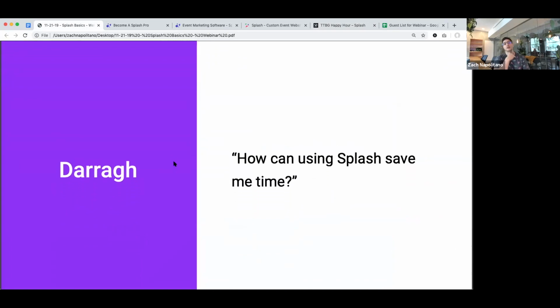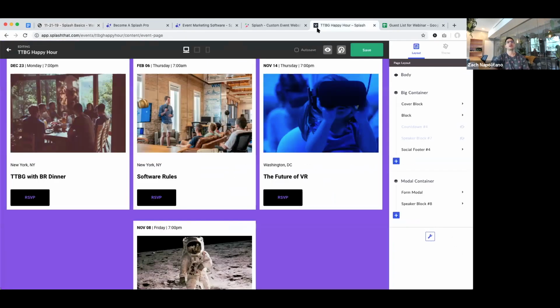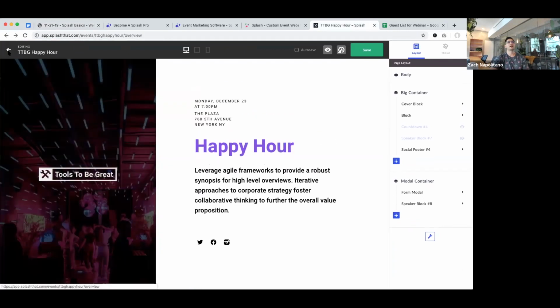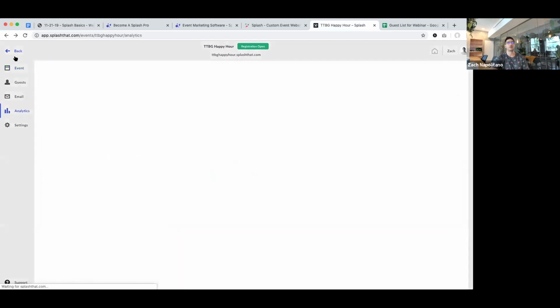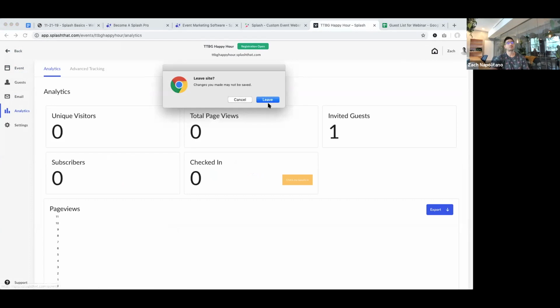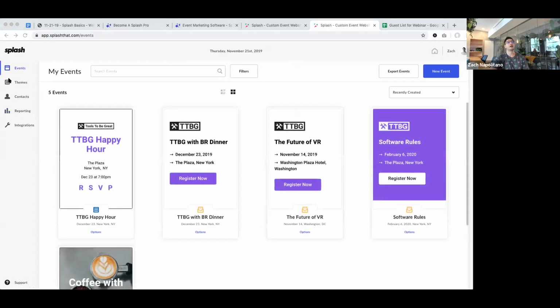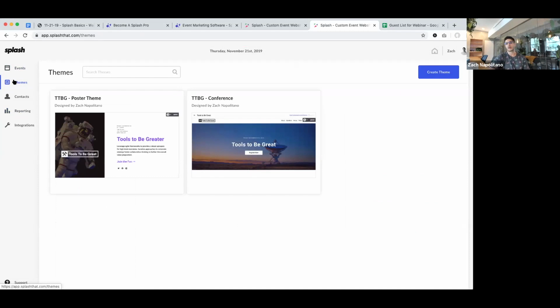Wow, how can using Splash save me time? Well, I think we saw a few different ways, and it depends how you're thinking about it. On one hand, one can argue that just by having access to a tool in which we have predefined templates, we call them themes, that you can go back to really quickly, that could save me a lot of time. Instead of rethinking this from the beginning every time, loading in my branding, my colors, fonts, imagery, logos, and button styles, I have something with all that stuff, and I could plug and play. That alone could save me several hours.